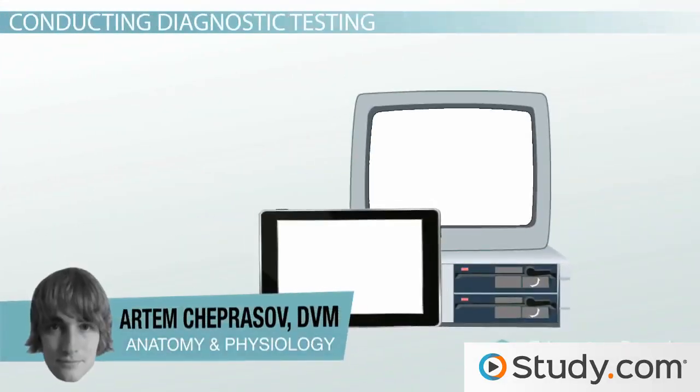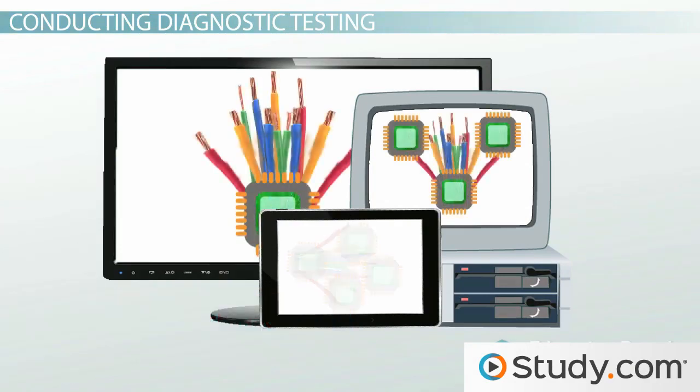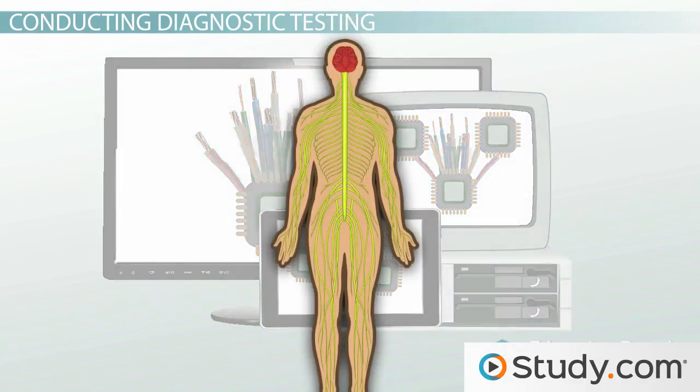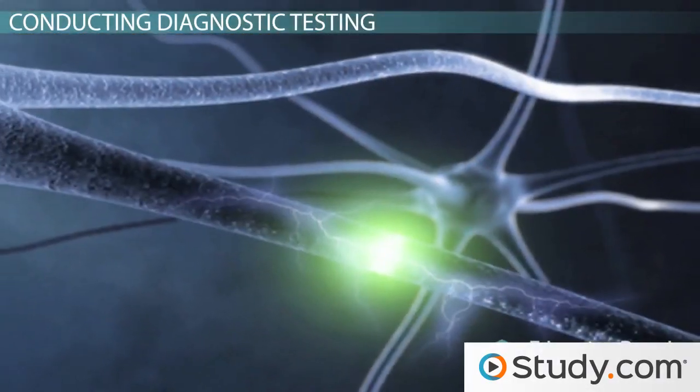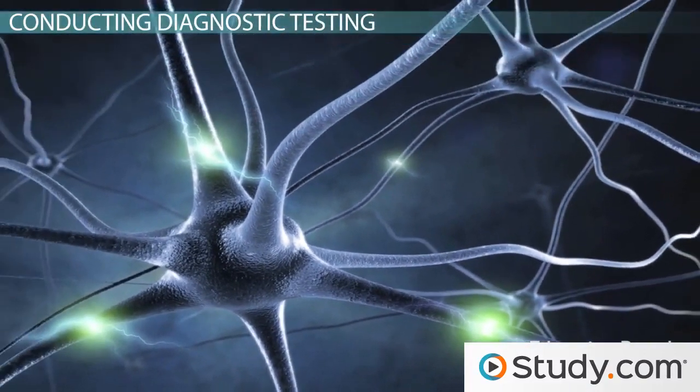The computer, tablet, or TV you are watching this lesson on is a collection of chips, wires, and circuits all sending signals to one another in order to interpret their environment and produce a response, image, or sound. This is exactly what your nervous system does as well. Your nervous system is a collection of cells, molecules, and neuronal circuits that interpret your environment and respond to it